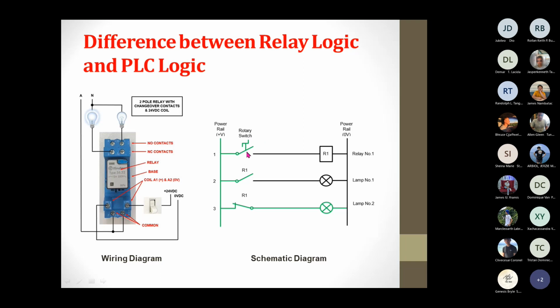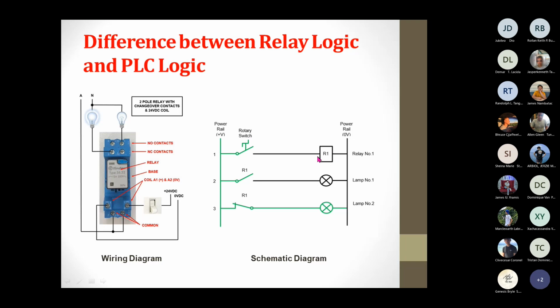So you have there the switch, which is in series with the coil. The normally open contact of the relay is in series with lamp number 1, and the normally closed contact of the relay is in series with lamp number 2. So what will happen is that before we switch the rotary switch, lamp number 2 is energized, meaning it is on. But when you push the switch,